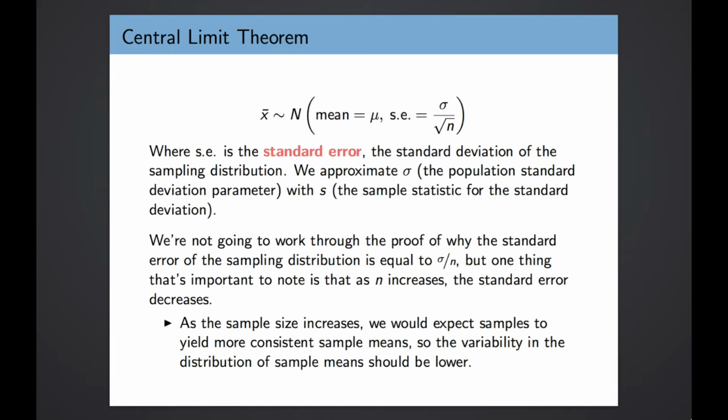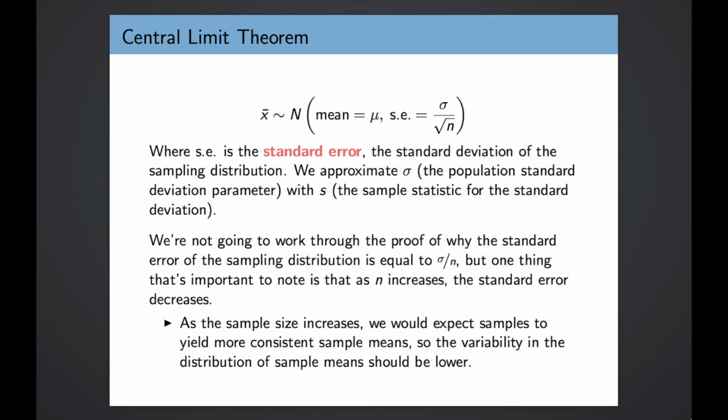So we approximate the standard deviation for the population with the standard deviation of our sample, right? We don't have access to the standard deviation of the whole population, or we wouldn't be bothering with this sampling procedure. So we just approximate it. We take our single sample and we calculate the standard deviation for that sample. We use that as an approximation of sigma, and then we divide that by the square root of n, so the square root of the size of the sample. So if we take samples of size 100, we would divide by the square root of 100. And that's the standard error. That's our parameter for this distribution of sample statistics.